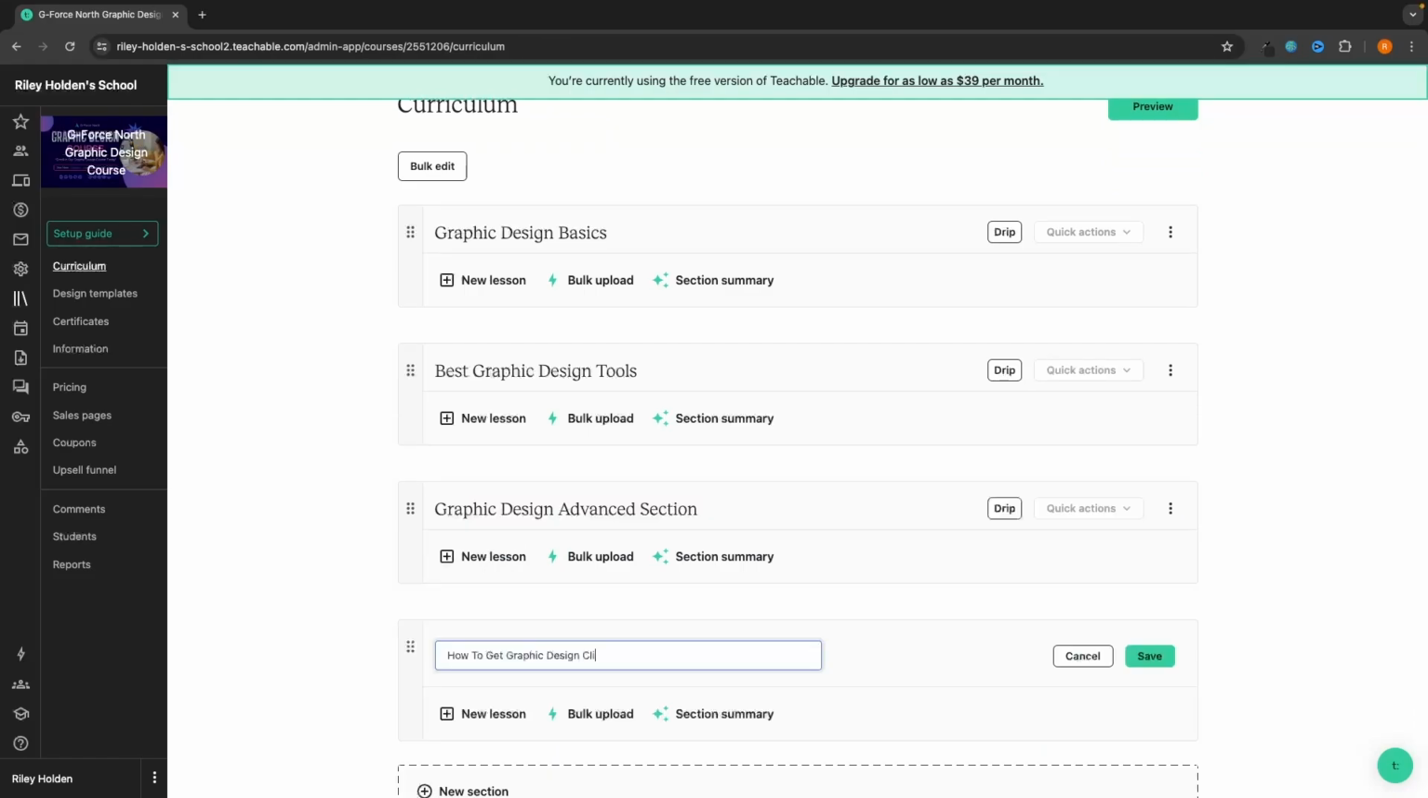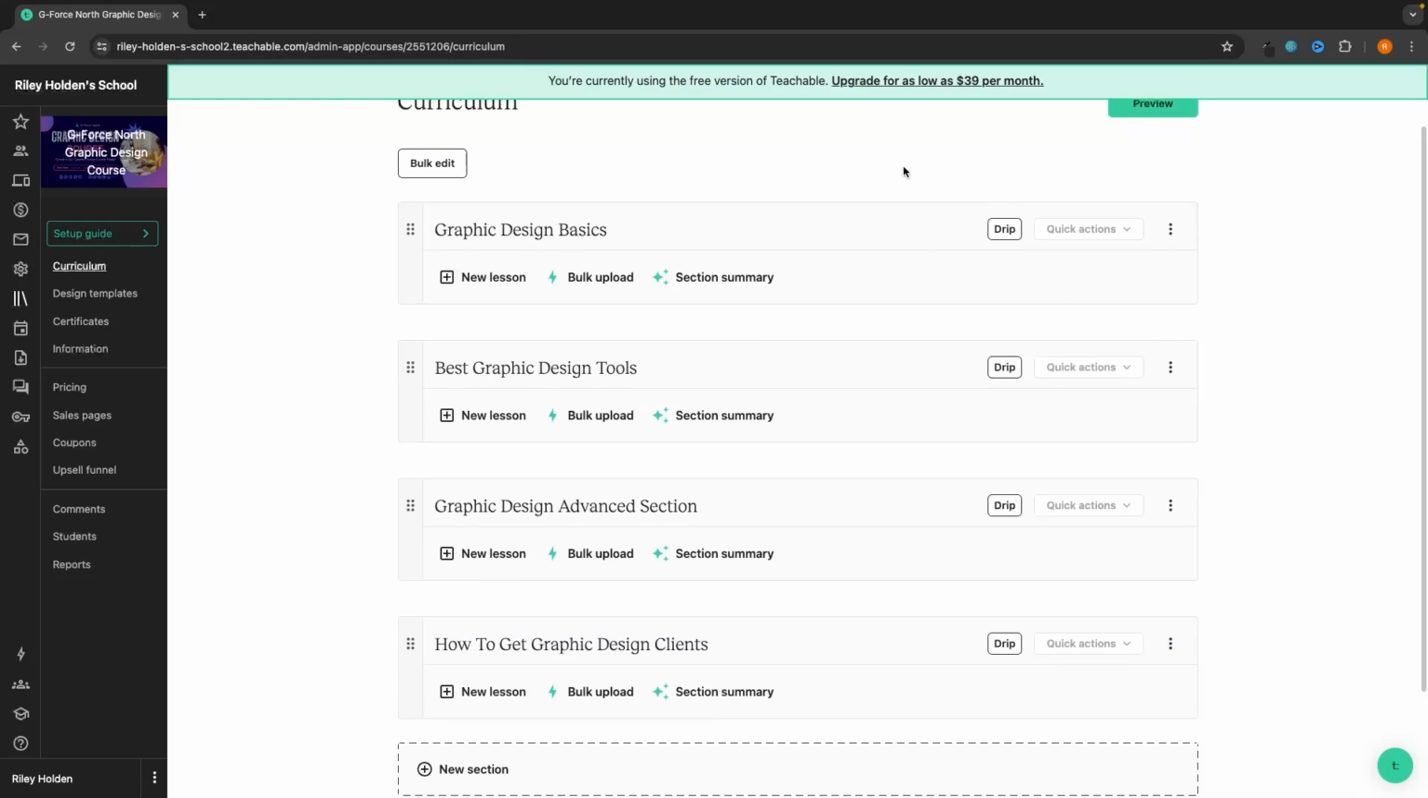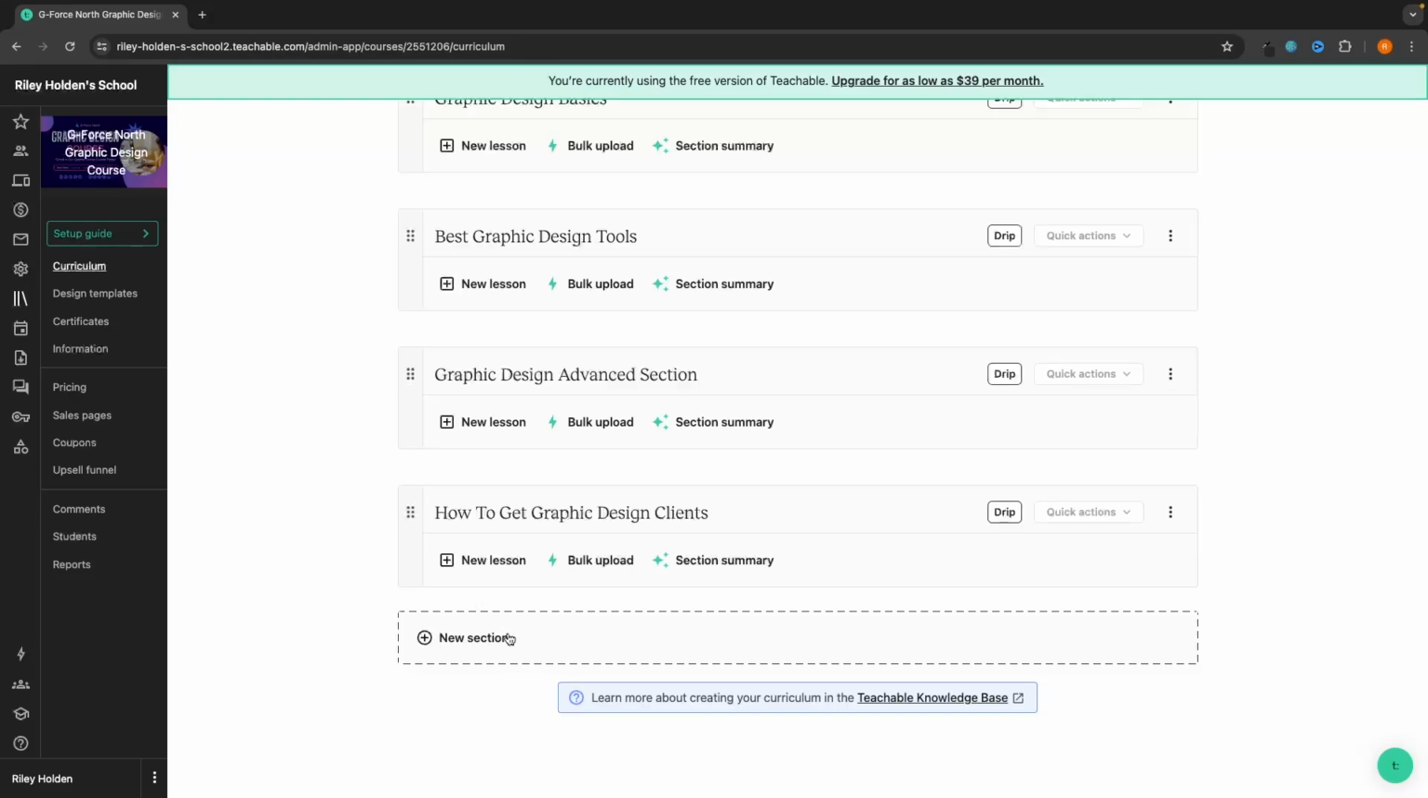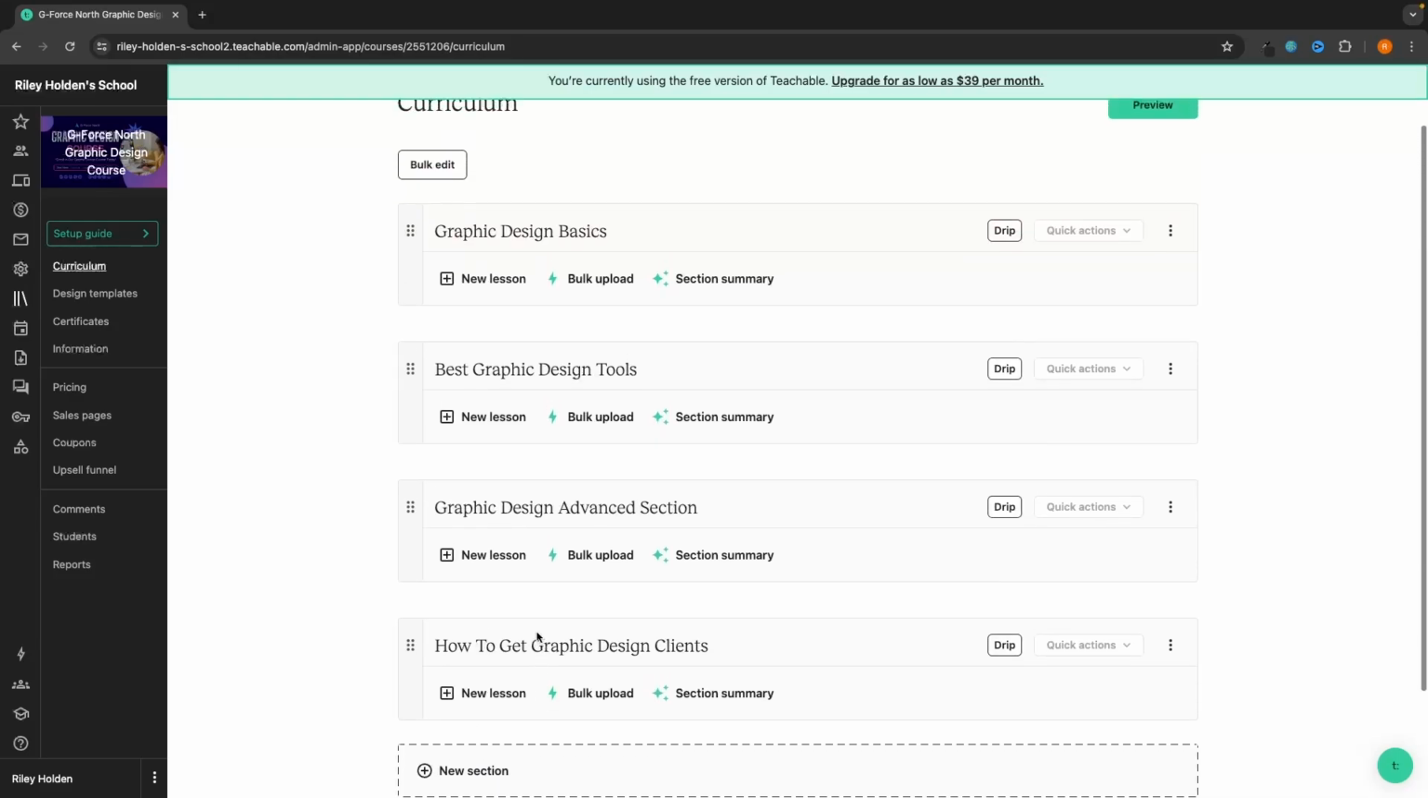And then the final section is going to be on how to get graphic design clients. So as you can see, I now have all of the modules for my course. This is going to be a 4-module course, but you can really add as many modules as you like. So once we now have all of the modules loaded in here, we can now go ahead and